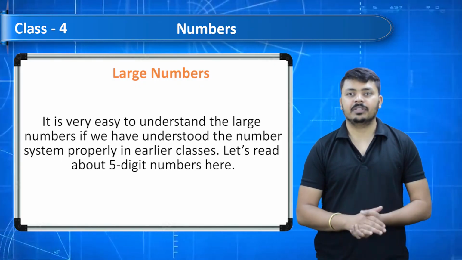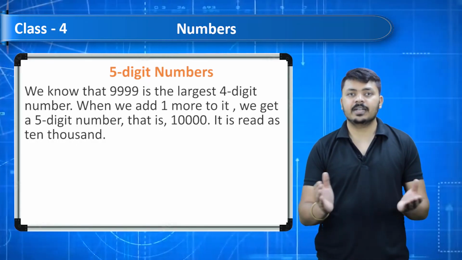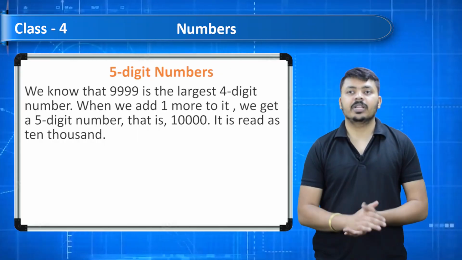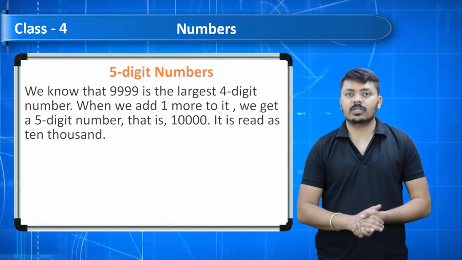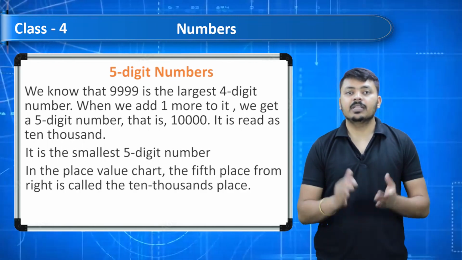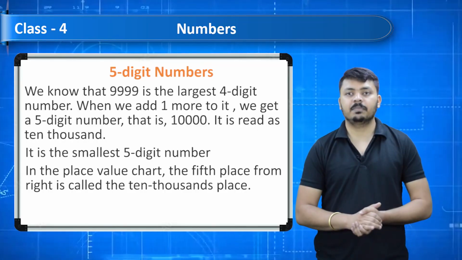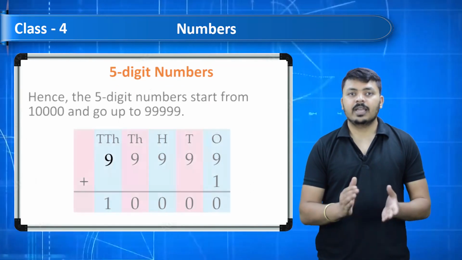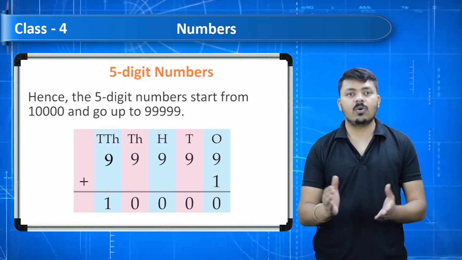Let's read about 5-digit numbers here. We know that 9,999 is the largest 4-digit number. When we add one more to it, we get a 5-digit number, that is 10,000. It is read as 10,000. It is the smallest 5-digit number. In the place value chart, the 5th place from the right is called the 10,000th place, as you can see here. Hence the 5-digit numbers start from 10,000 and go up to